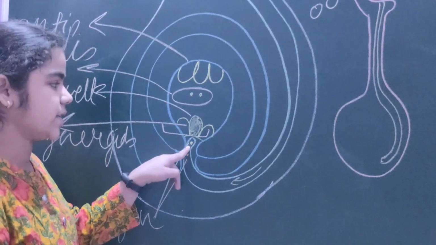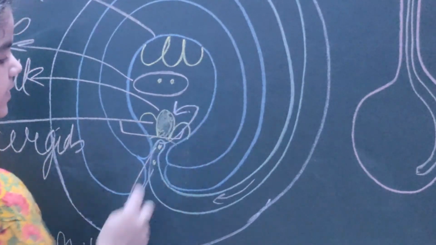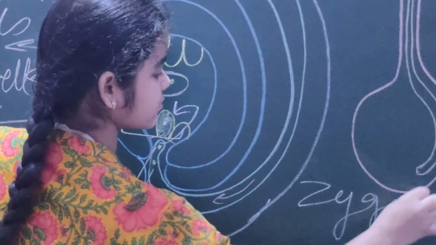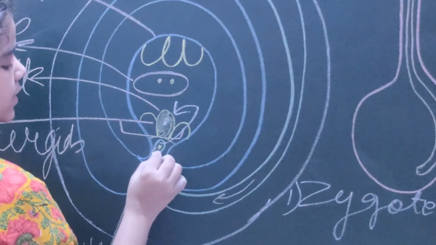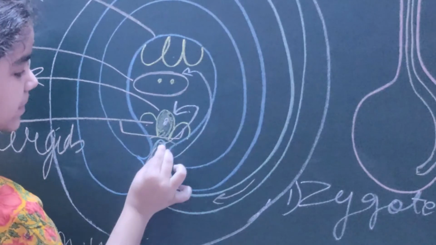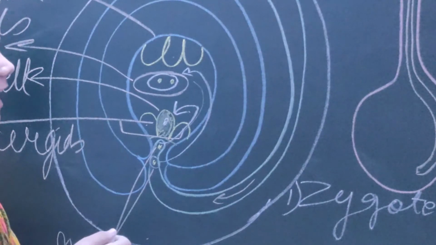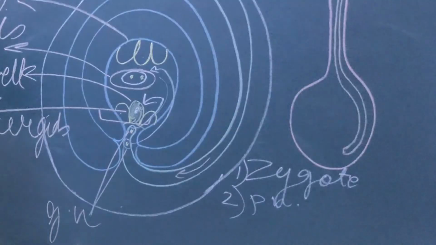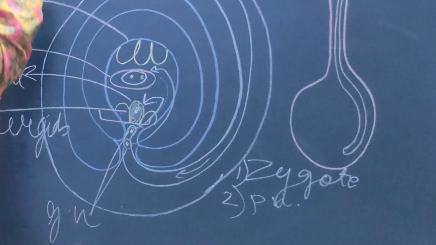Now this first one comes and fertilizes with the egg cell to form the zygote. First fertilization occurs for formation of the zygote, and this other cell is not going to fertilize with any synergid or any antipodal. It is coming here through this path only. It comes here and fertilizes with the polar nuclei at the center. Now two fertilizations occur, right? So this is termed as double fertilization.